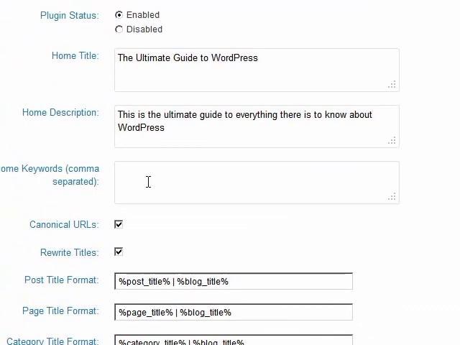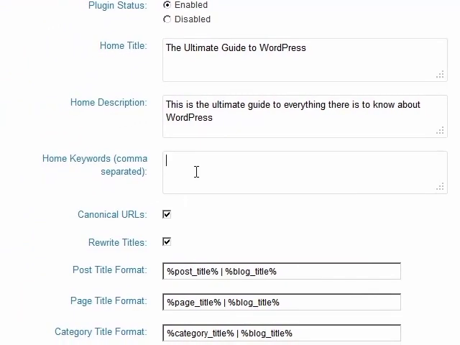Home keywords, as far as Google is concerned, they don't really look at keywords. They don't look at meta keywords anymore. But you never know when a new kid in the search engine field is going to take over or come to the forefront. You know, 12 years ago, Yahoo was it. Nobody had heard of Google. Then Google came along, and Google's it. Somebody else is going to come along. It's just a matter of time. And that search engine might actually use home keywords again. So it's not a bad idea to put home keywords in here